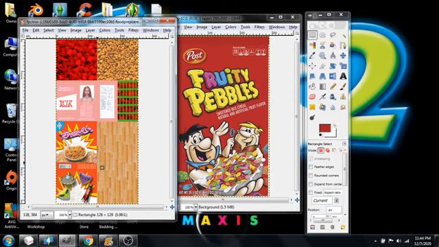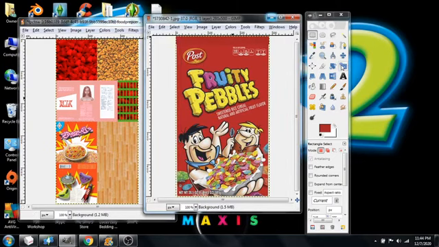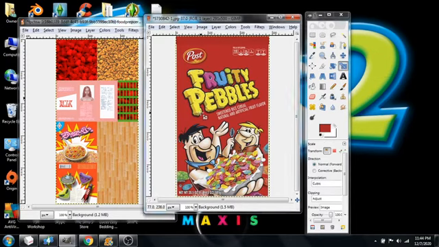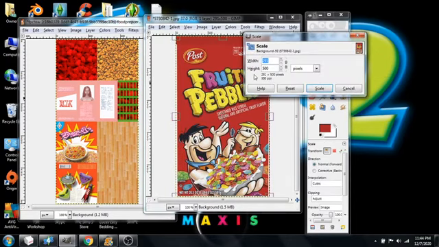So rectangular select it very carefully, and we see this is 128 by 128, and this box underneath it is probably the same, so we're going to use the same front and back of the box. So go to your scale tool in your toolbox and scale and type in 128